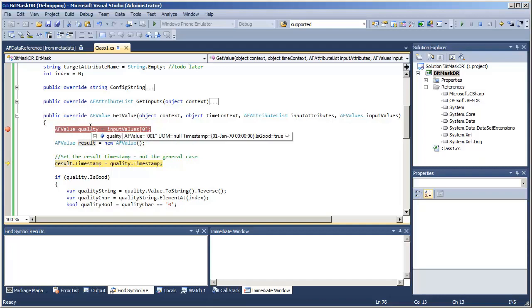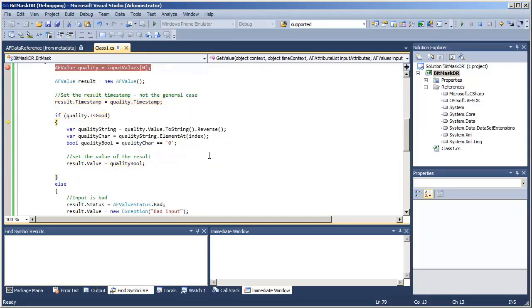So it looks like I've got a good input, just as I'm expecting. Now, of course, my quality character shows up as a 1, and if that is not equal to 0, then I want the quality to be true. Well, it turns out I messed up my logic there, and we need to fix that. Looks like that if I fix that logic, my value is going to be correct, and I'll get the right result returned.